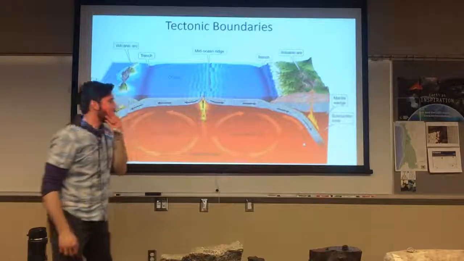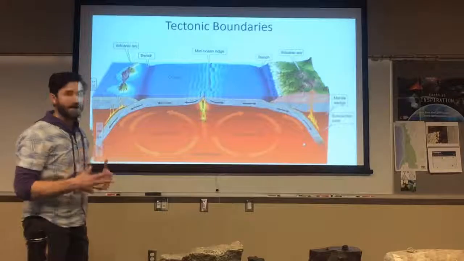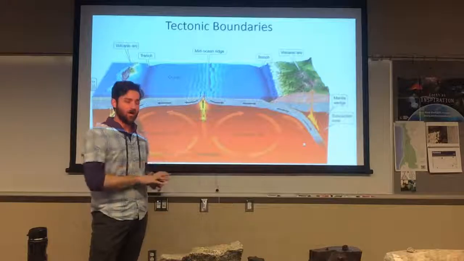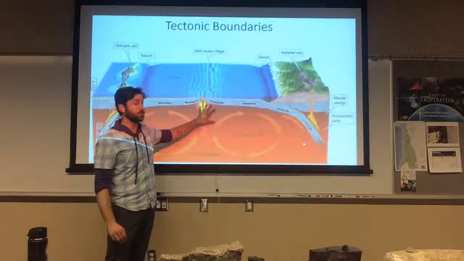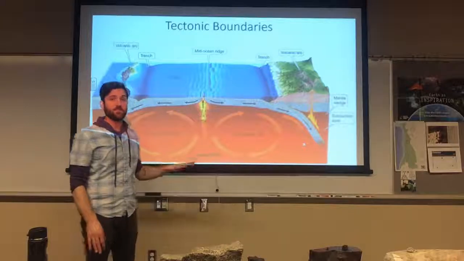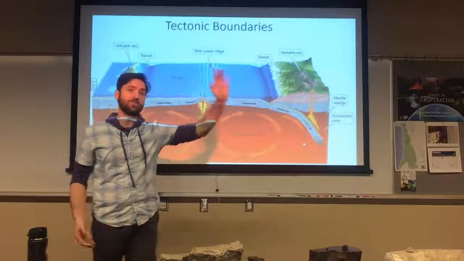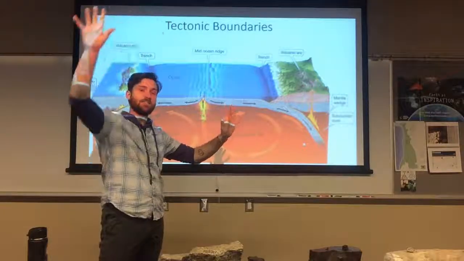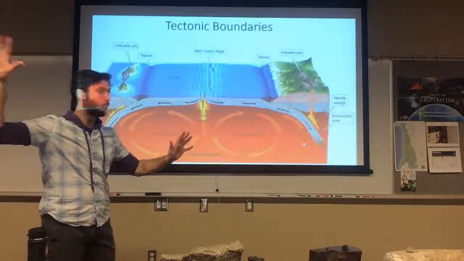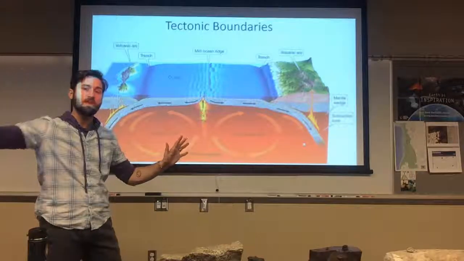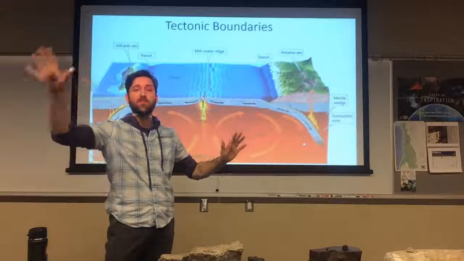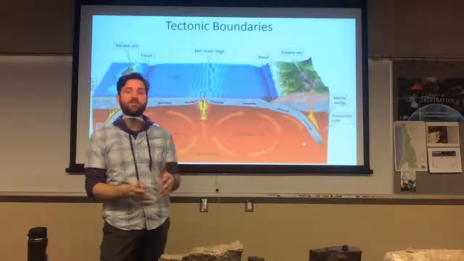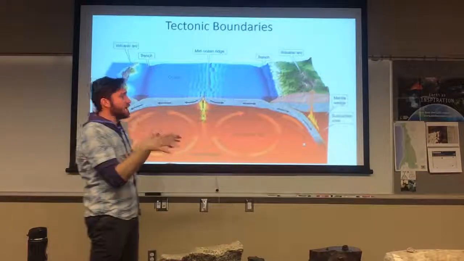All right, now let me regather myself and back up here for a second. I wanted to finish up the development of the plate tectonic theory, to lay down that the key was in seafloor spreading. But to come back to this image, after Wegener in the 1920s, and then the development of plate tectonic theory by the late 1960s, now we have this really good working hypothesis that we compare everything back to, that we now call a theory, right? The theory of plate tectonics, because all bits of evidence point back to that hypothesis.